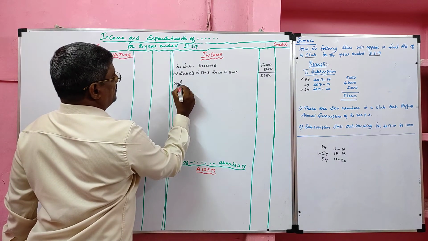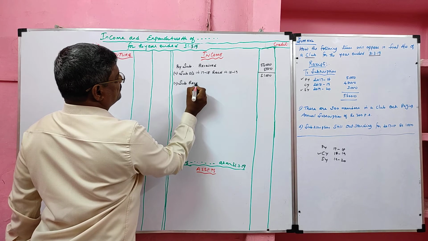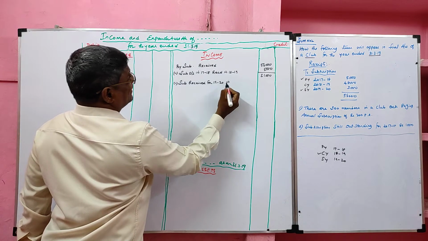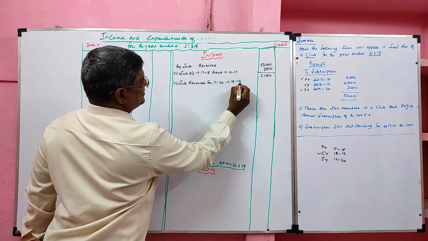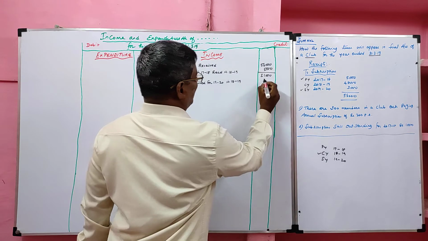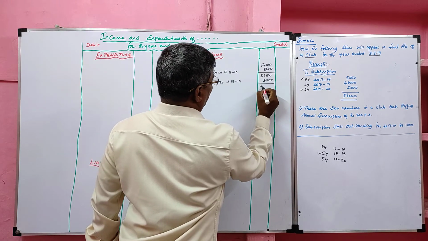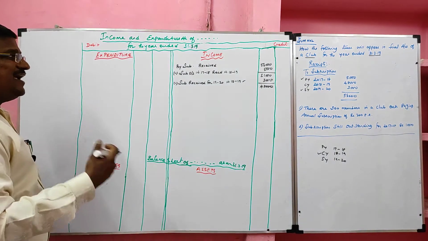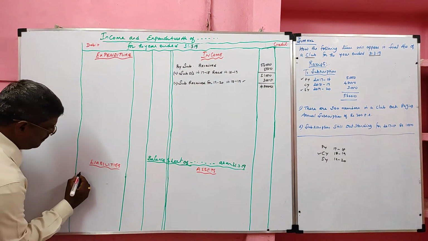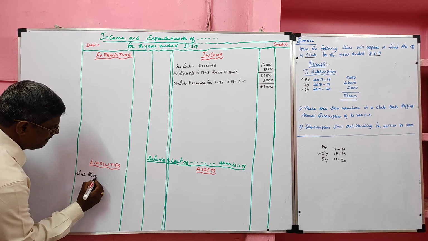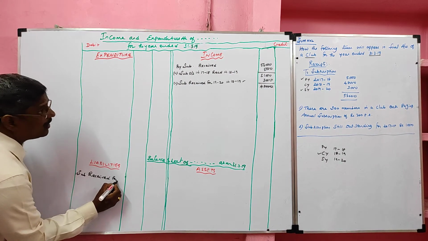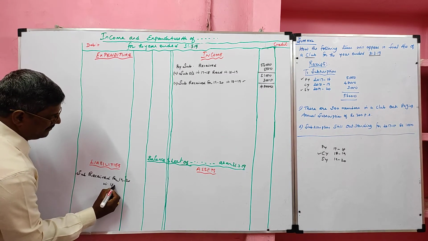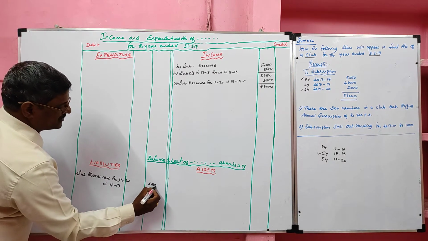This is subscription received for next year. So subscription received for 19-20 in current year 18-19. This is subscription received in advance for next year, that we have to deduct. Balance 48,000. This subscription received in current year for the next year, so it will appear in the liability side. So subscription received for next year 19-20 in current year 18-19, value 3,000 rupees.